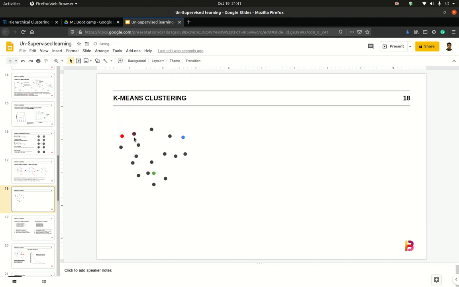So this observation has become red. In the same way, the distance between this point and all the centroids would be calculated. Because this distance is shortest to red, it would again tag this as red.